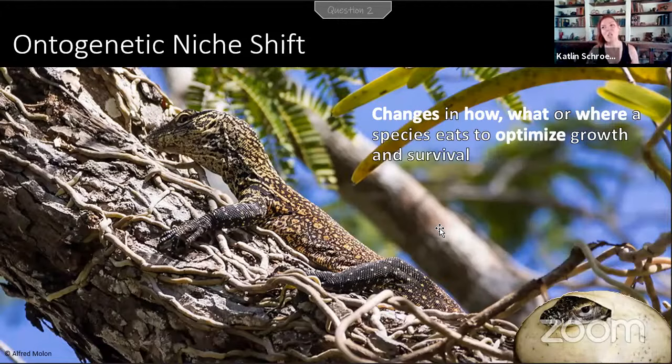So ecologically, the juveniles of Komodo dragons are very, very different animals, despite being part of the same species as the adults, right? And this is a phenomenon that is referred to as ontogenetic niche shift. So your niche is basically where you live in the ecosystem. So what you're eating, literally where you're living, when you're active, all kinds of different things that describe what role an animal plays in their ecosystem. And then ontogeny, again, is just how you grow. So shifting your niche through your growth, right?